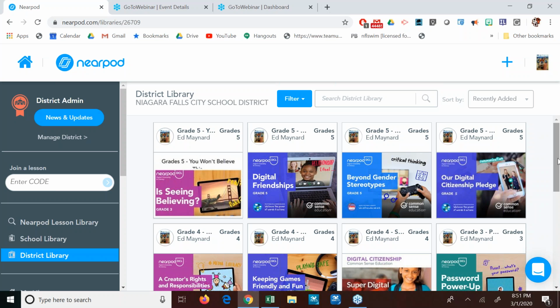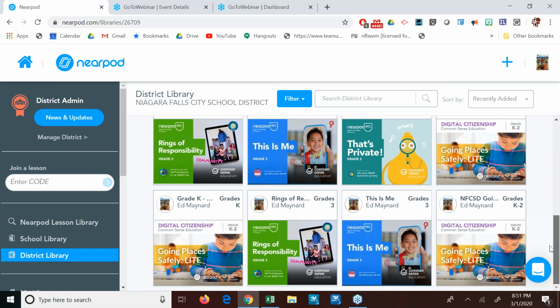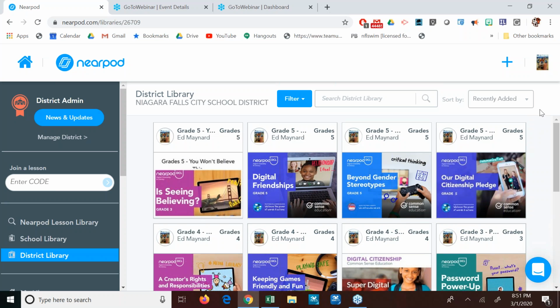So that's what all these are. So if you are a grade 5 teacher, grade 4 teacher, grade 3, grade 2, or grade 1s, I got one in there for kindergarten over here. Feel free to start using these. These are the ones that we've already pre-approved, and I've already kind of dressed them up. I put some of those VR tours in there, kind of jazzed them all up a little bit too. Grade 2 teachers and grade 6 teachers, yours are coming out as well. They should be there once all this COGAT testing is done, hopefully by the end of the week, and you could start using those yourself. But that's how you would access the district library.